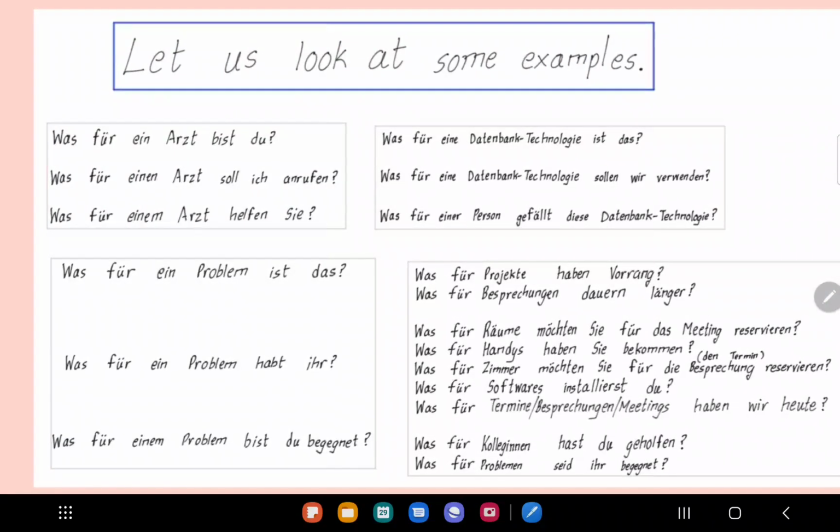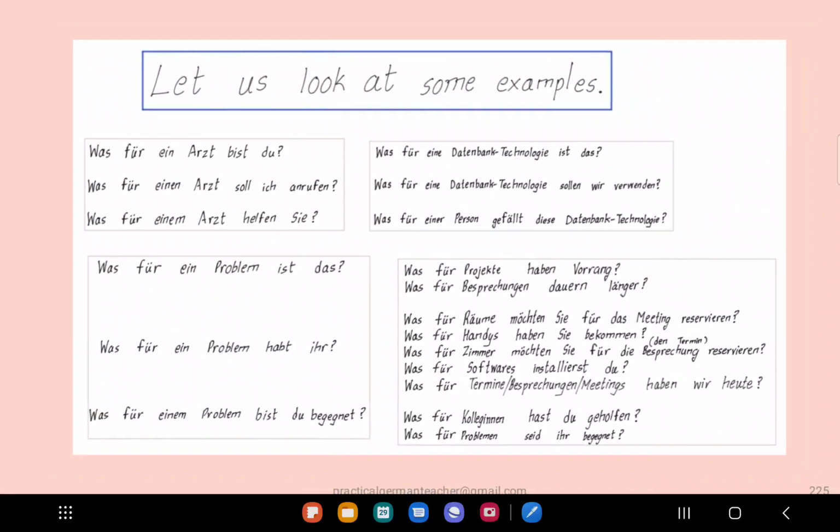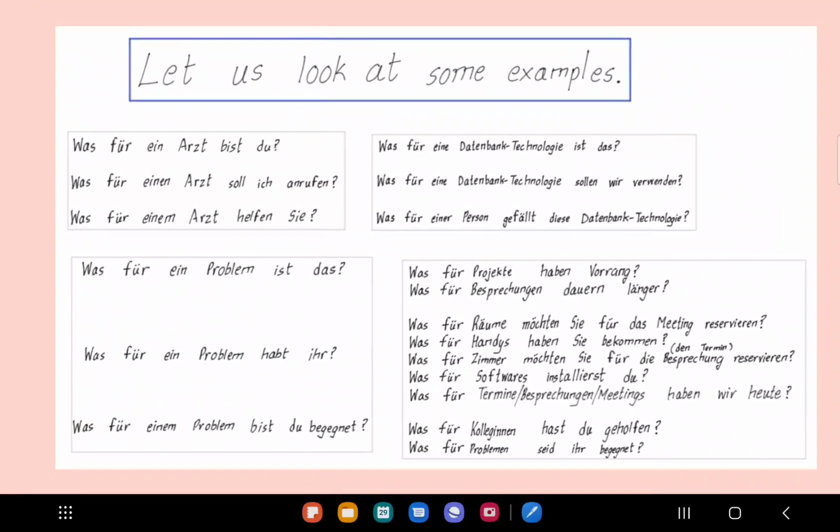As we go through the examples, just try to see if there are some differences, meaning whether the article being used is changing. For example, you will notice it is eine, here it becomes einer, here it is einen, here it becomes einem, right? If that changes, notice these changes and see what factors might be causing them.